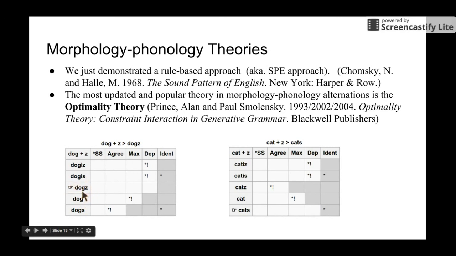This is the way for OT to derive the output. For this, we have the same thing. So actually, in this table, we are assuming that the basic form is z. The basic form is the input, and we have several candidates here, and then we have the constraints which evaluate the candidates. Okay,